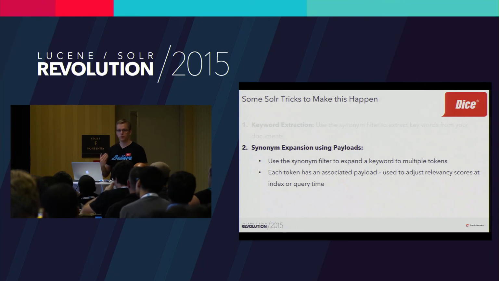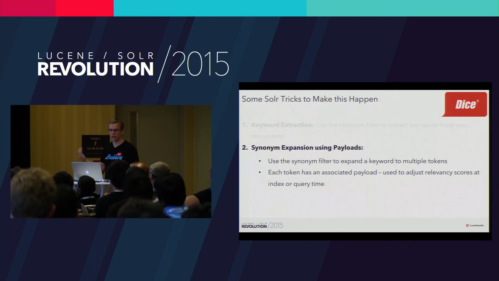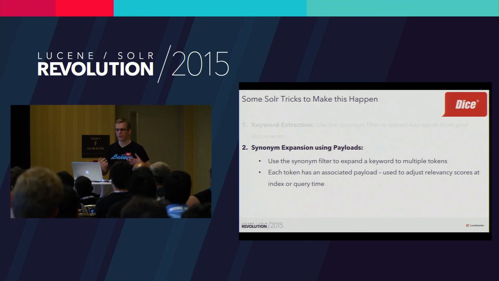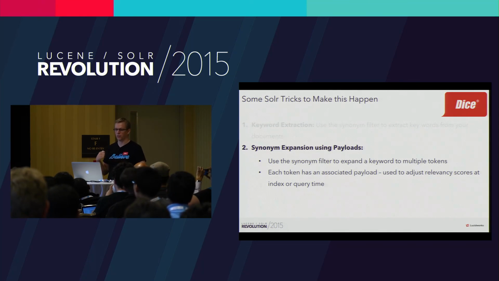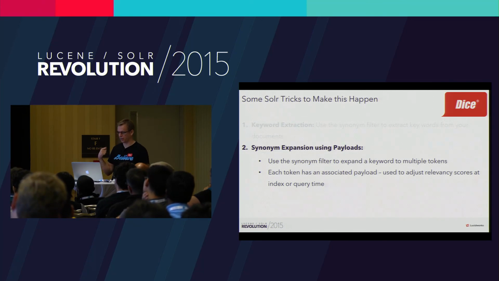Then you just need to make some small modifications to a similarity class and a query parser to allow it to use those payloads in the scoring functionality. This is very powerful. It has many applications beyond this. One of them being we use it in our recommender engine to weight terms in a document by using a custom weighting scheme. You could even use it to implement a simple machine learning algorithm within Solr, or model, a linear model, by allowing you to just basically set weights on terms in a document, rather than just use the TF-IDF